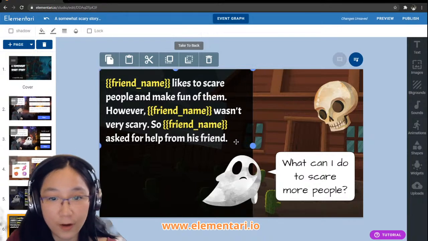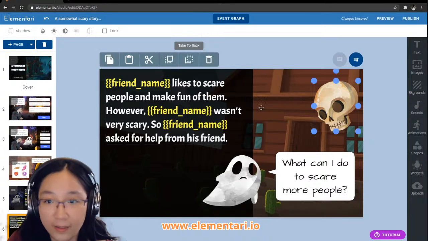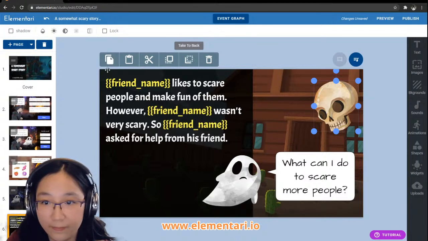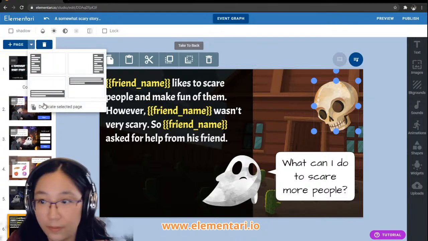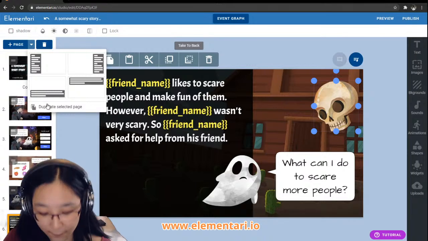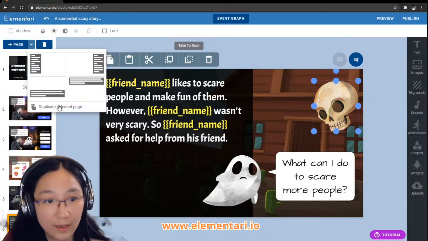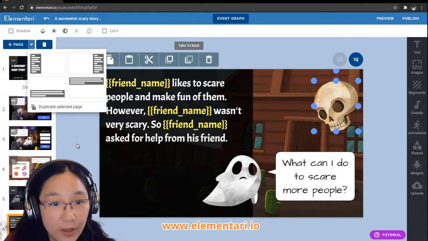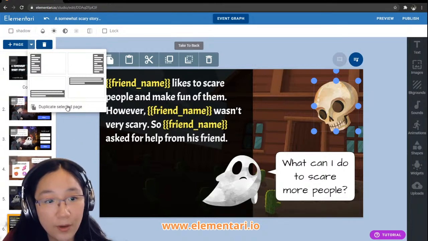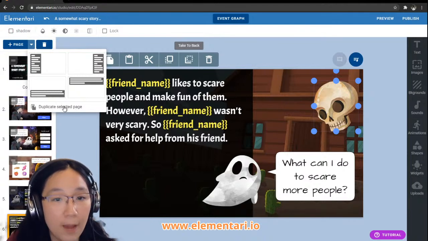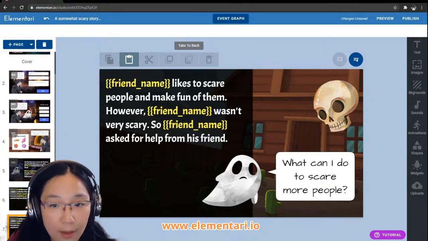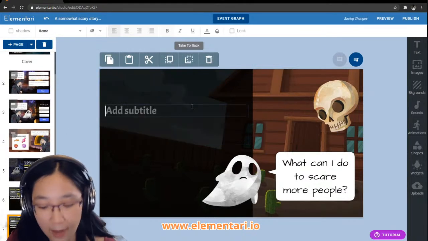Okay, so he asked for help, and then our skull is going to... you can hear better with headphones? That's great. Okay, what I'm going to do is duplicate this page, which copies the page and all of its code, so that we can put in our answer.